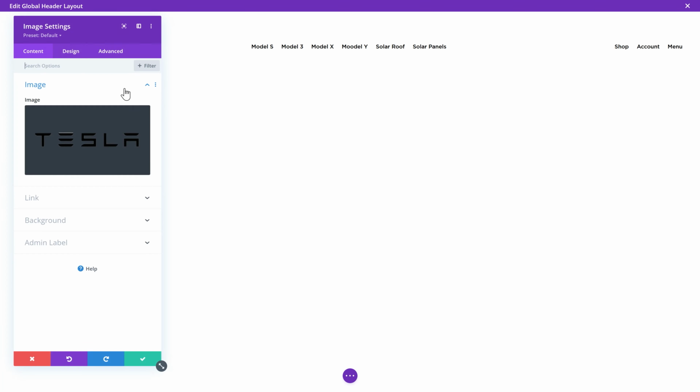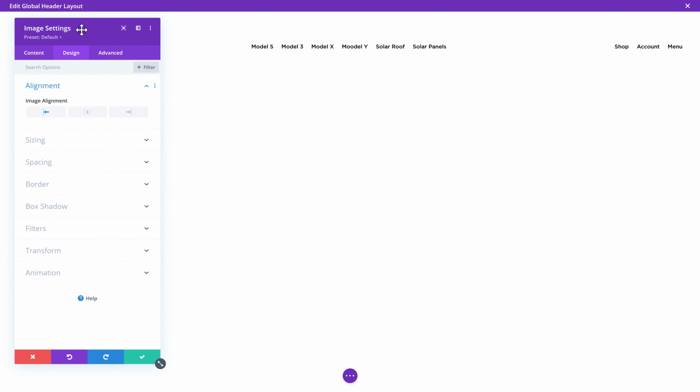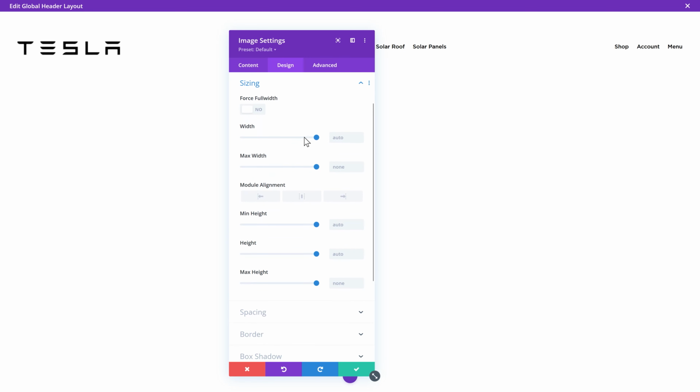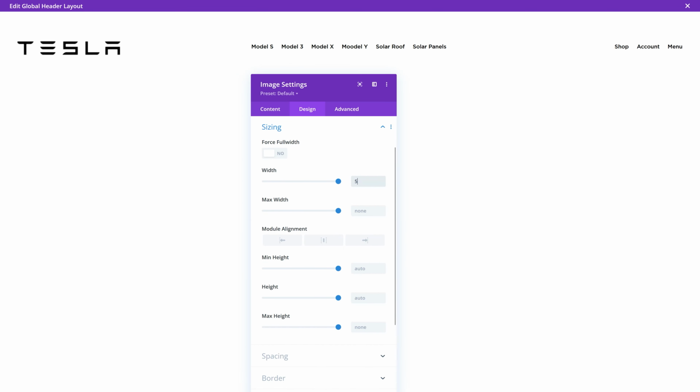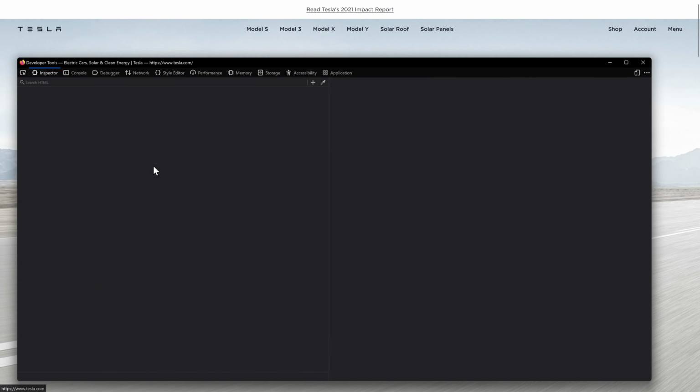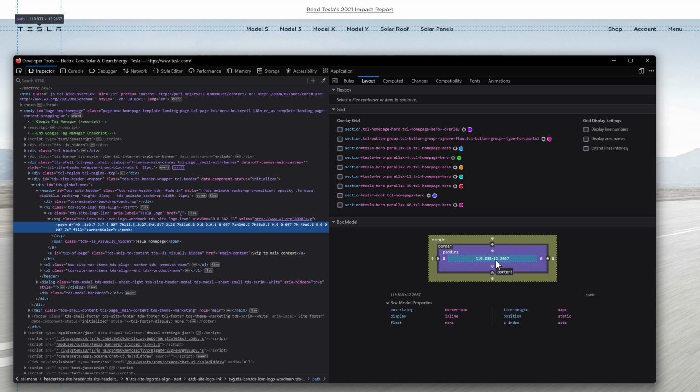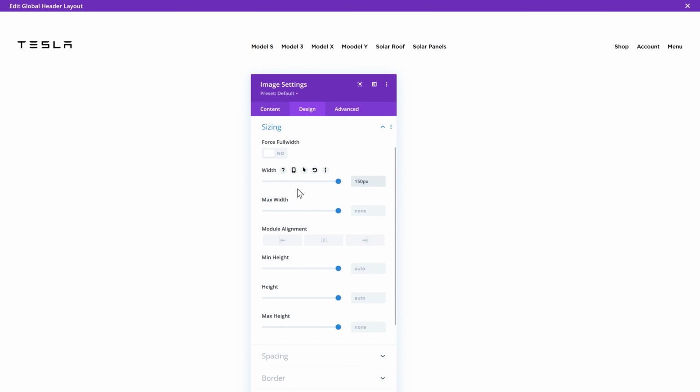Then what we see is this logo is way too big on the original. So we're just going to go sizing. And then we're going to change the width to 50 pixels like this. I think this is a bit too small. Well, let's just see how big this thing is. This thing is actually 119 pixels, almost 120.